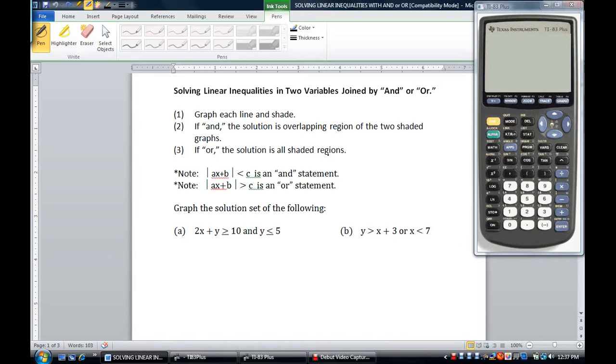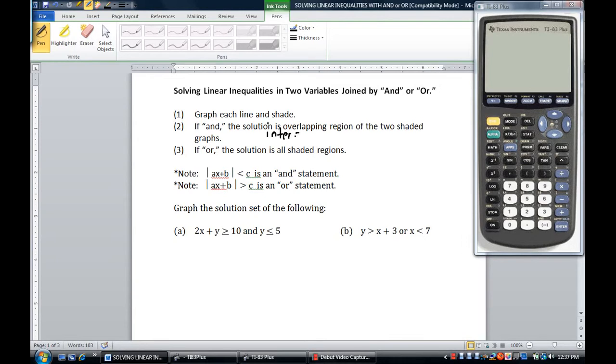Now with the equations we're going to do today, there's either going to be an "and" statement or an "or" statement. After we graph each line and shade each region, if it's an "and" statement, the solution is where the two regions overlap. If it's an "or", then it's everything that's shaded. Now an "and" is the same as